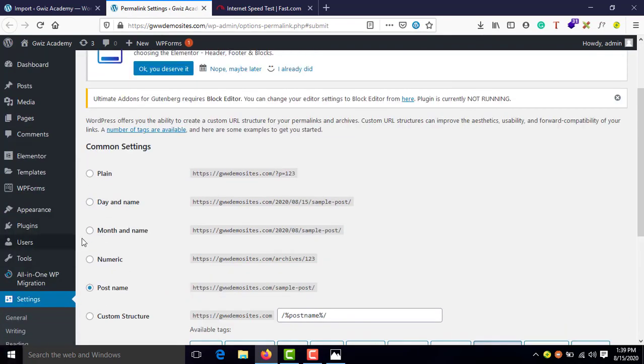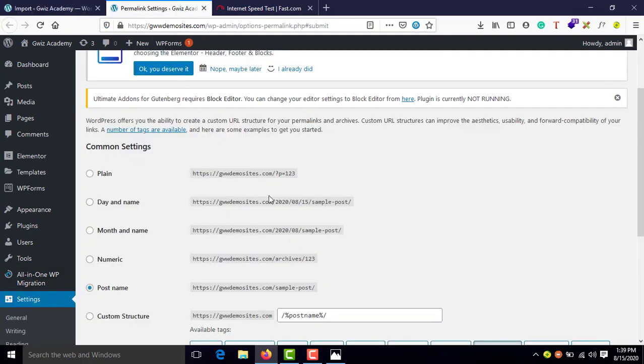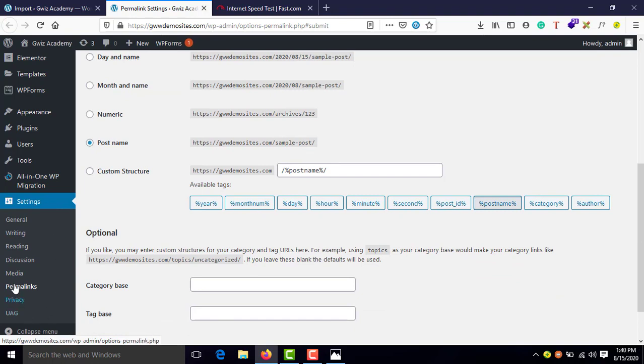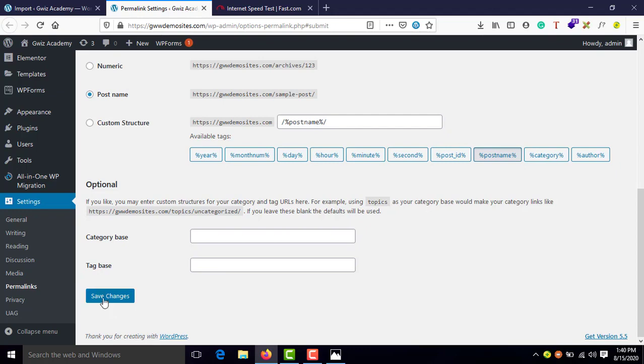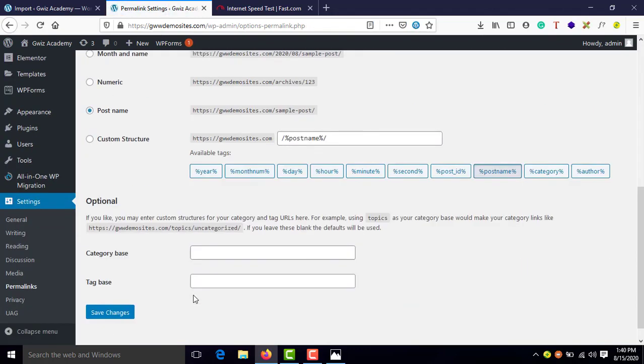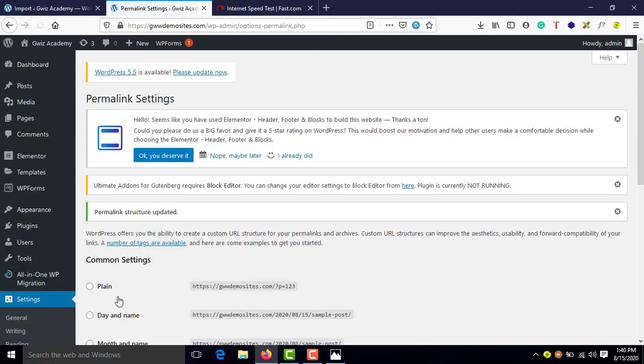If you click on that permalink link that was shown there, you'll be directly redirected to permalinks, or else you can just manually log into your dashboard and browse permalink under settings tab, and then come here and you just need to click on save changes. And once again, click on save changes twice. You need to save it twice.